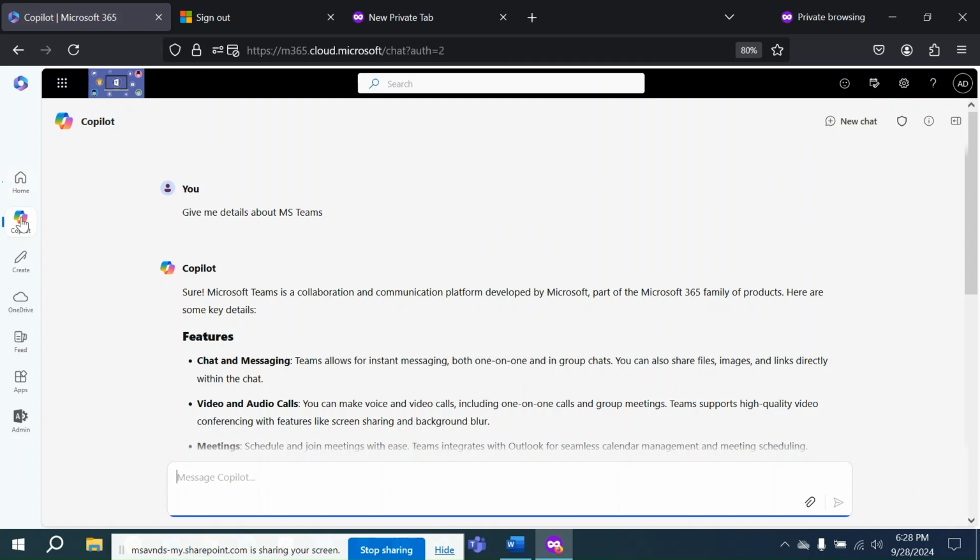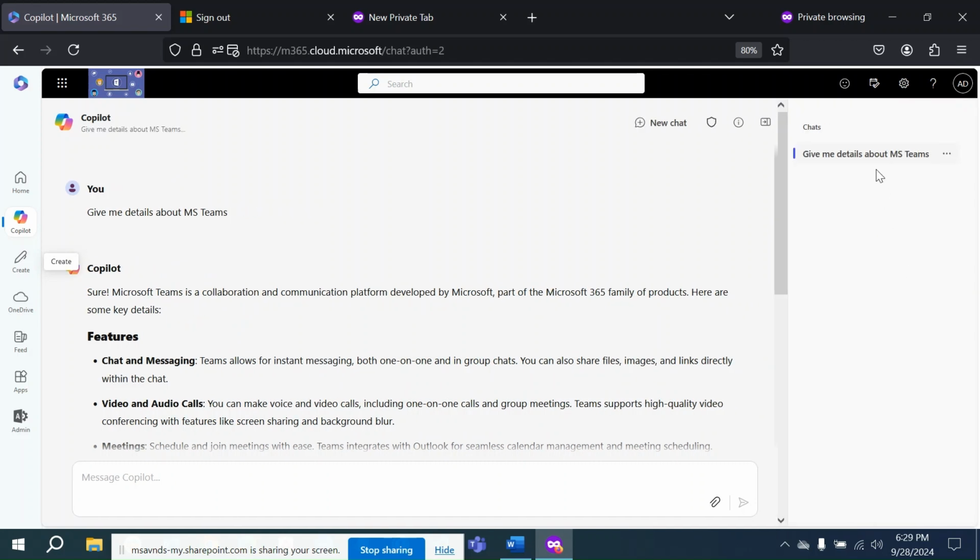You can simply find it and pin it. Once you pin it, you can use it for your regular usage or for your work regularly. Also there are different options like new chat, then the Microsoft Enterprise Compliance Standards Agreement for personal and organizational data, and then there is an about option, then a small pin, Copilot chat, and more options